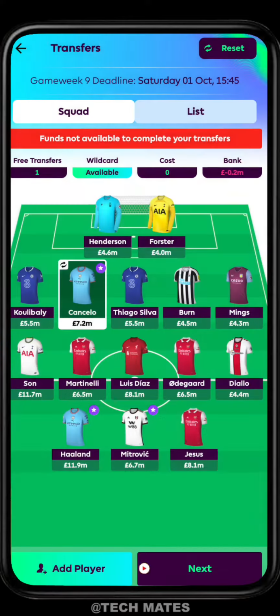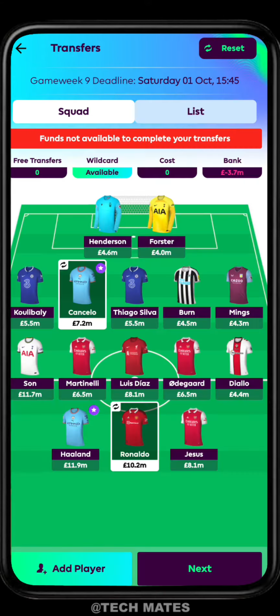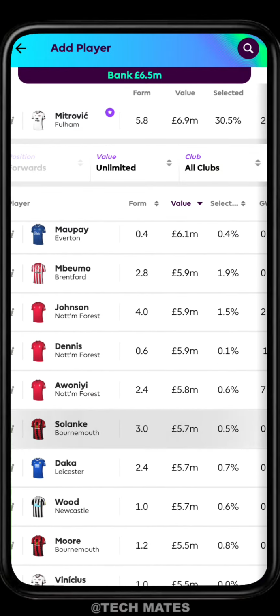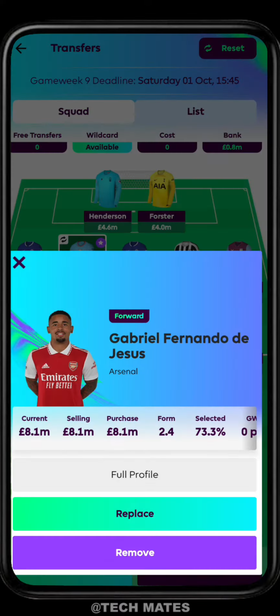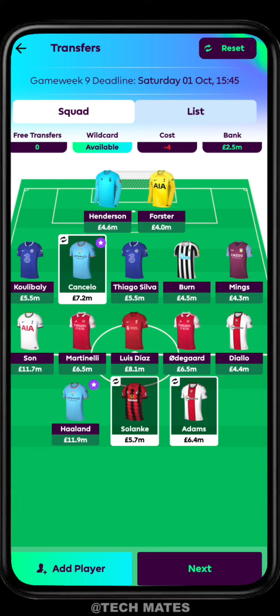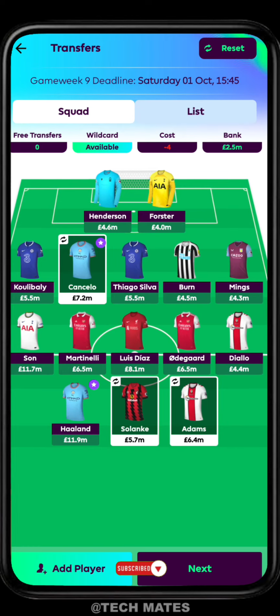Now if you try to transfer more players, they'll reduce your points. So you can see right here, oh, it's not reduced as of now, so let me do it again. So you can see one player, now my other player. So if I try to make more than the free transfer that I have, you can use the wildcard to